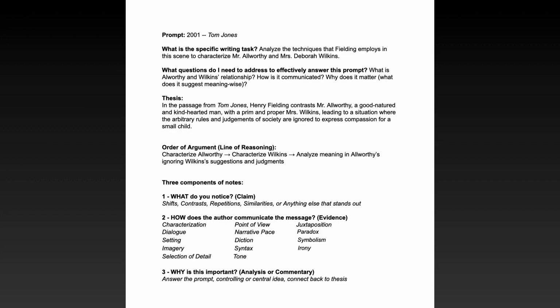So what's the task? It's to analyze the techniques that Fielding employs in this scene to characterize Allworthy and Wilkins. What questions do I need to address to effectively answer the prompt? What is their relationship? How is it communicated? Why does it matter? What does it suggest meaning-wise? So the thesis: in the passage from Tom Jones, Henry Fielding contrasts Mr. Allworthy, a good-natured and kind-hearted man, with the prim and proper Mrs. Wilkins, leading to a situation where the arbitrary rules and judgments of society are ignored to express compassion for a